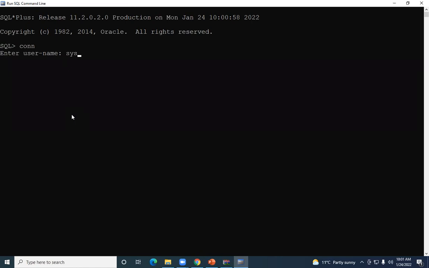with the username that we set up, right? So the system username and the password that you set up there. So now you are connected to Oracle SQL as the system user. If you need to clear the screen, use this syntax. And you note the things. This is the command to clear the